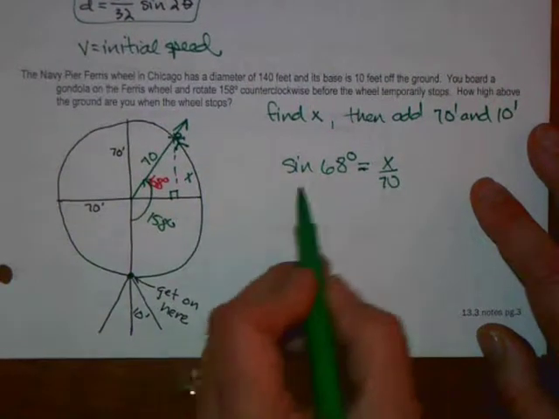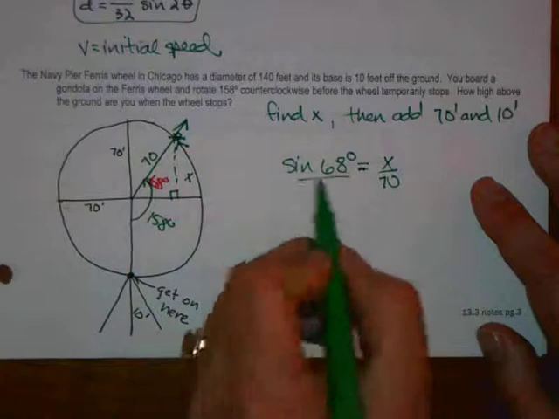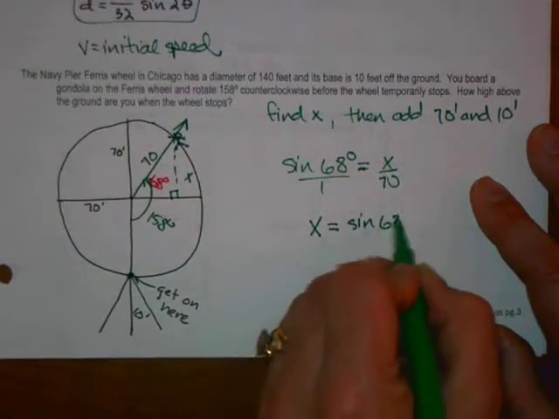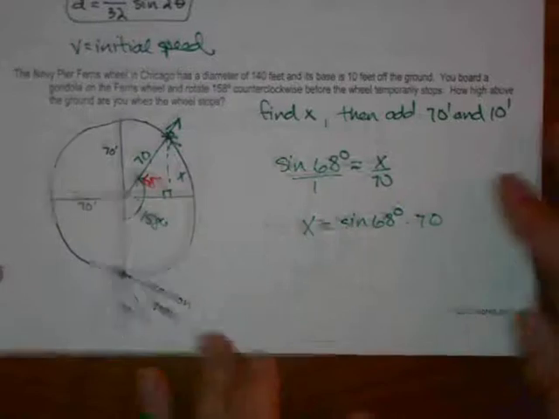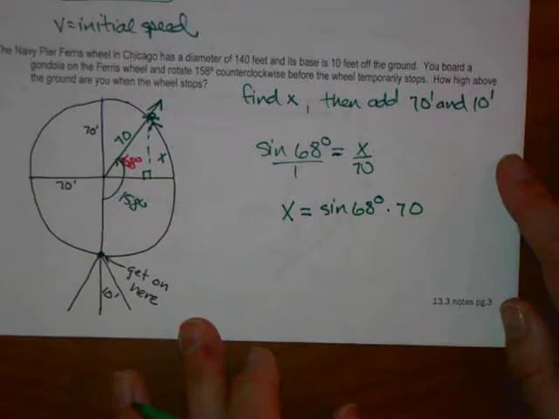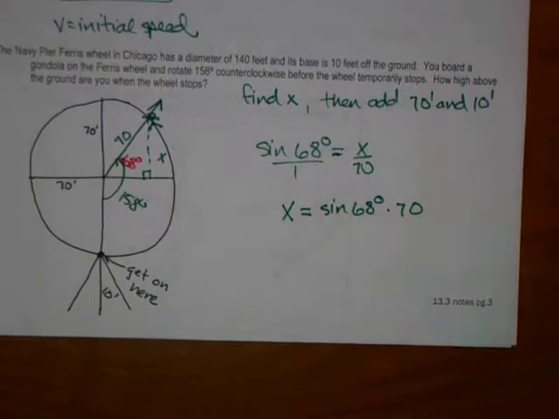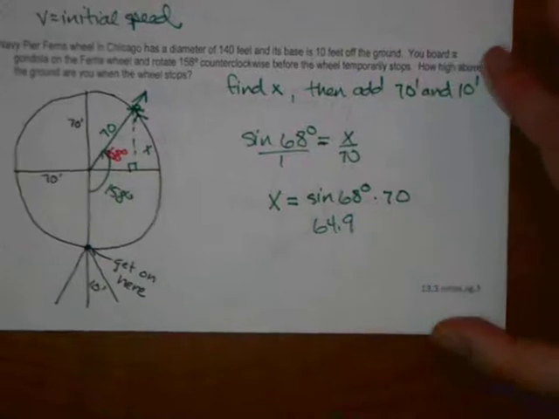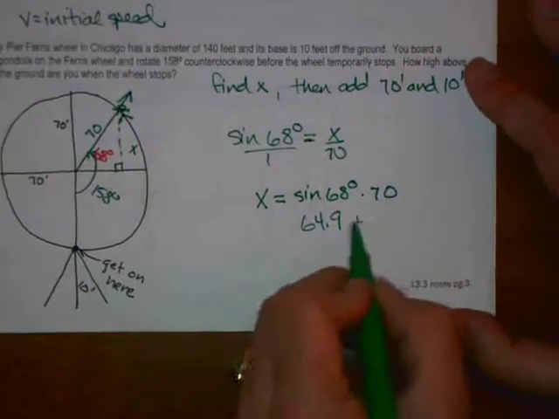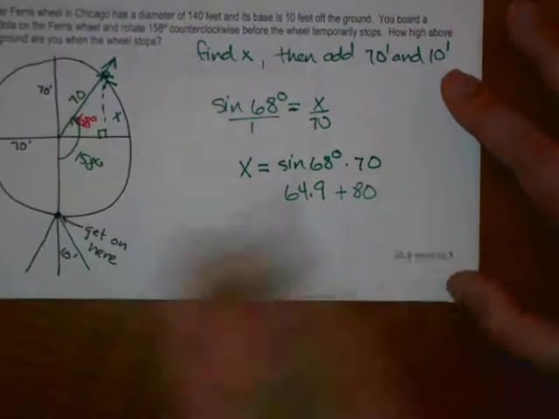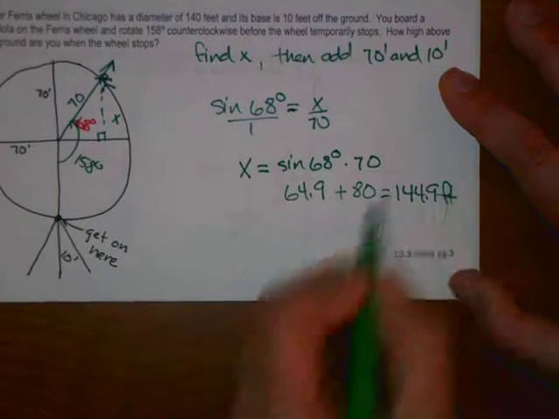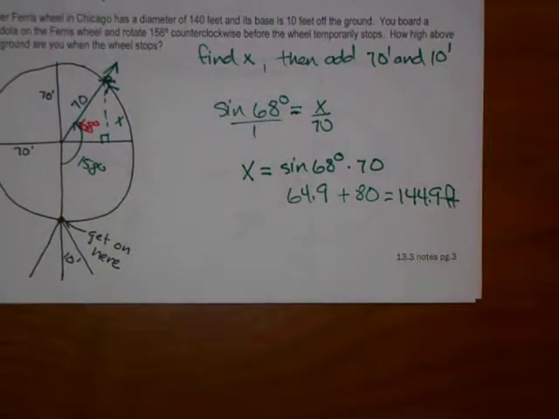And then this is just a number on your calculator. Basically, you just cross multiply. X equals the sine of 68 degrees times 70. What is that number? 64.9. Okay, 64.9. But then I have to add what? 80. Add 80. And you get 144.9 feet above the ground. Wow. Isn't that nifty? Great that you did that. Next time